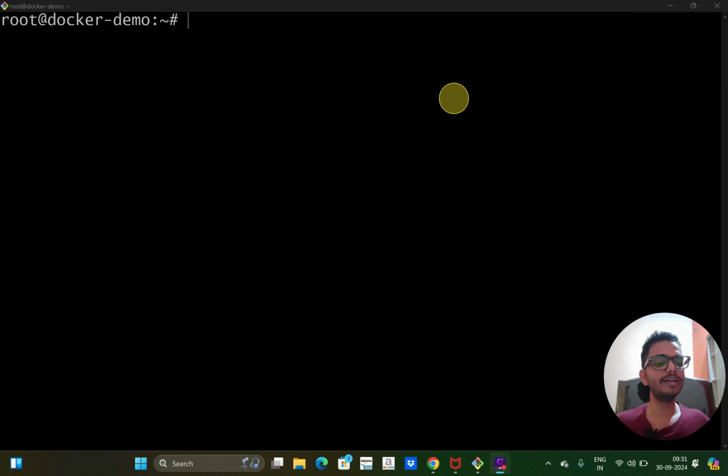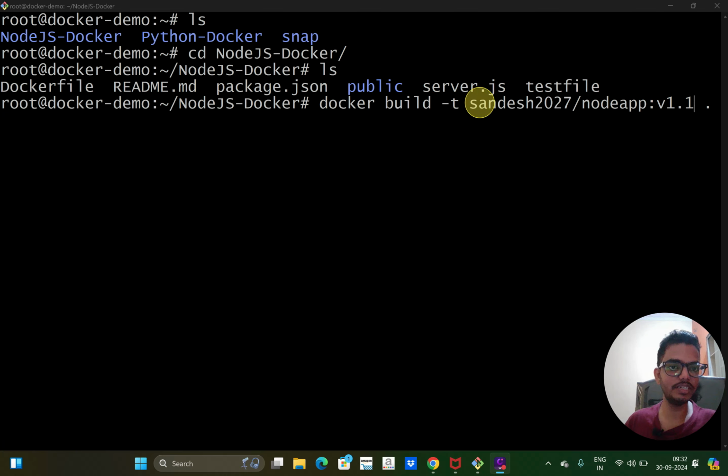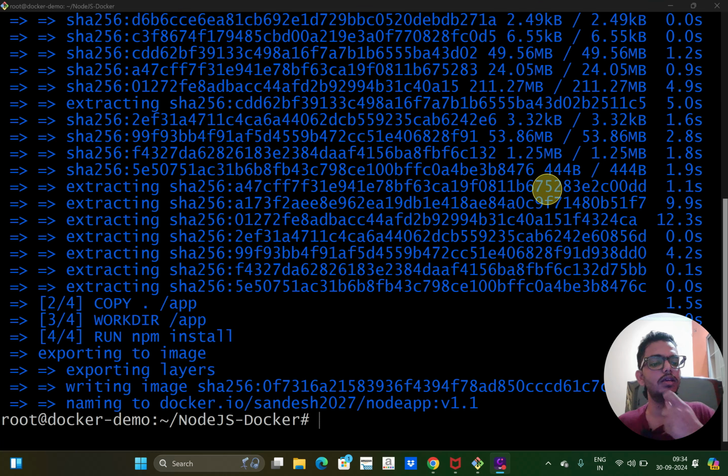And one more thing, Docker tag can be created while creating the image only. Earlier we tagged the existing image. Now let me tag the image while creating the image only. So while creating the image, I can add -t, then the repository colon tag name. Here I have added tag as version 1.1. If I run this now, image is created now.